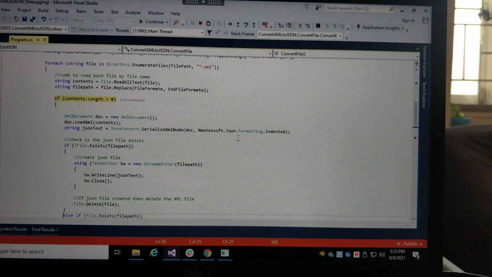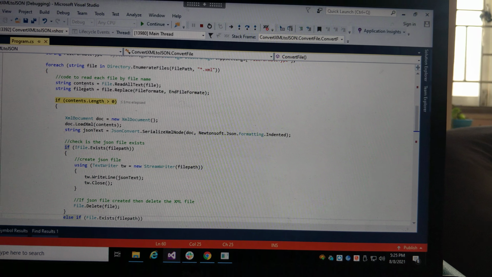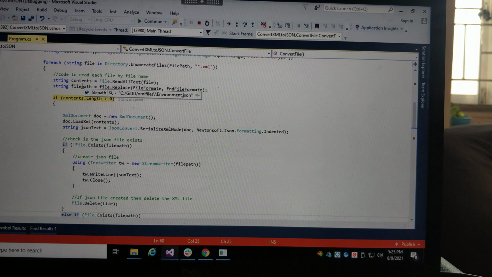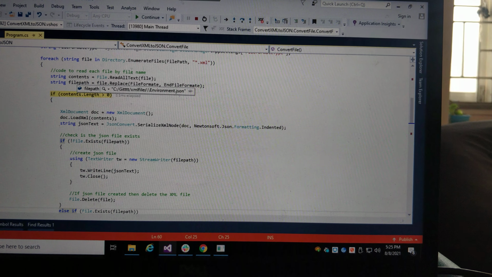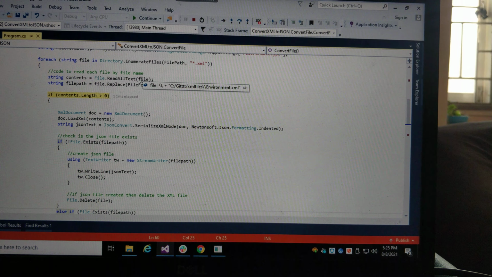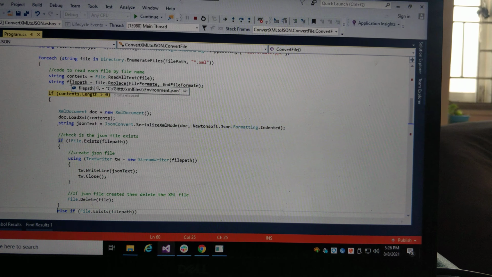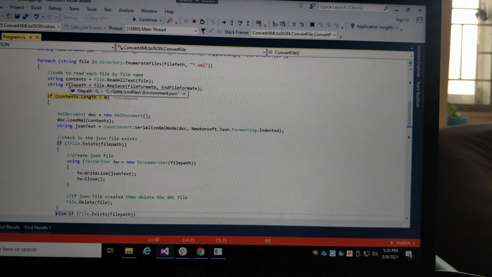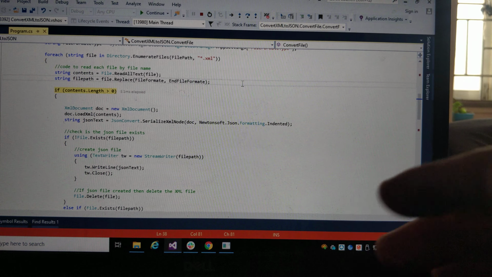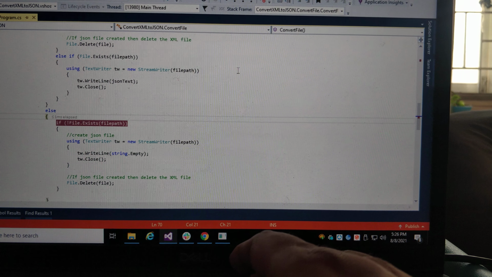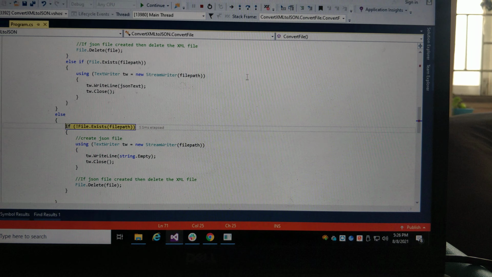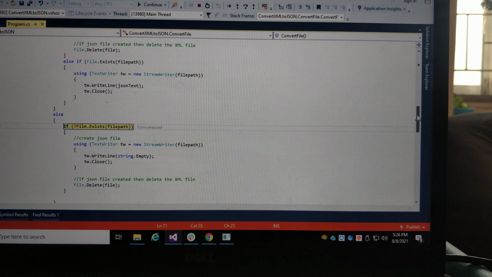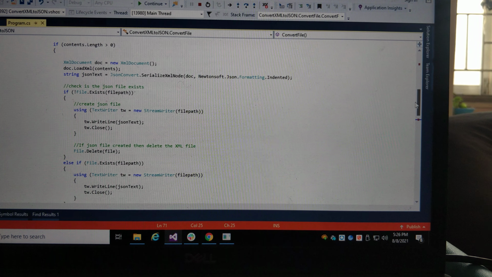If it is empty, the file path is like this. I just created a new path: as we see environment.xml, I made a new path with the name environment.json. This is a new file, it doesn't exist till now. What is this condition, why did we come into this?